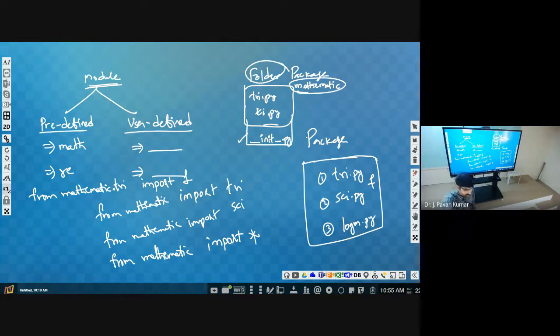Of course, in Java that import will be there, and there you can use star: import package name dot star, then all will come. But here import is needed. I hope you understand this package concept. Try to execute these programs in the lab, then you will get an idea.